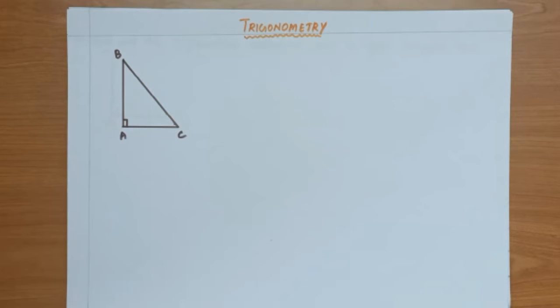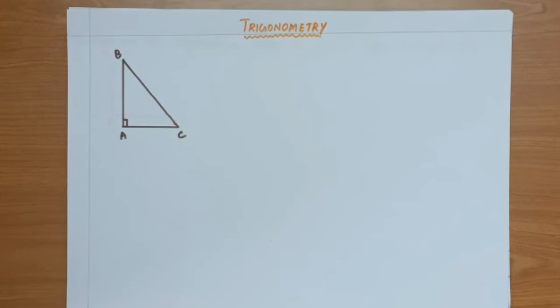It's me, Vinida. Today we are going to learn trigonometry. The word trigonometry is derived from the Greek words tri, gun and metron. Tri means three, gun means sides and metron means measures. Then what is trigonometry? It is a branch of mathematics that studies relationships between side lengths and angles of triangles.